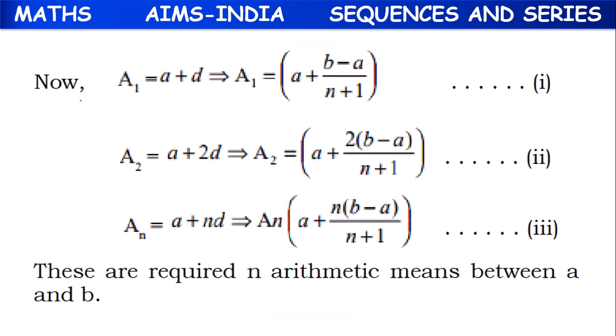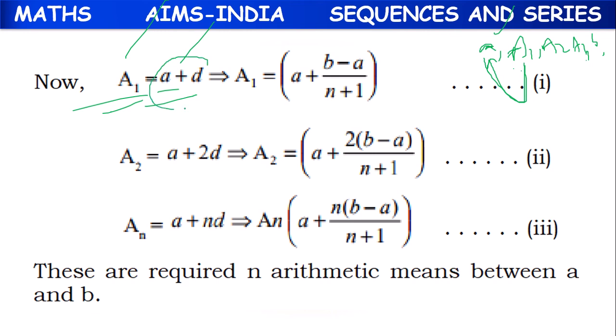So next, we have first term a, last term b, and n arithmetic means. In that, the first one is a1, the second one is a2, up to an. Then the value of a1 is the previous term plus the common difference. The previous term for a1 is small a, so a1 equals a plus d, which according to the formula is a plus b minus a by n plus 1, because the formula for d is this one.